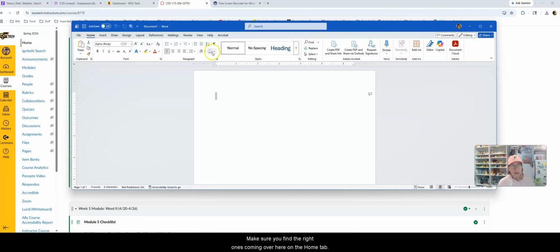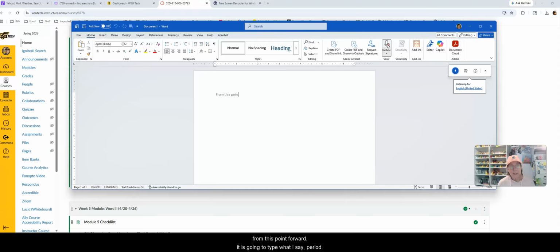Coming over here on the Home tab, one little skill in Excel or in Word, Excel has it too, but Word is really fun, and that's the dictate button right here. When you have the dictate button, you can turn it on and you can actually talk to your computer, if it's set up with a microphone, and it will type what you're saying. So if I click on dictate right now,